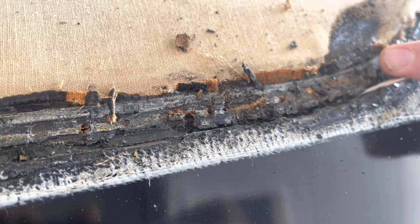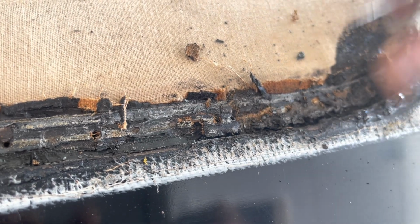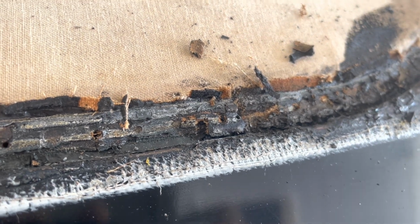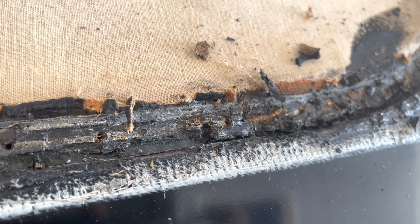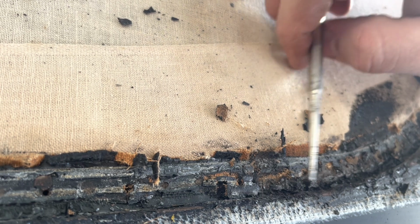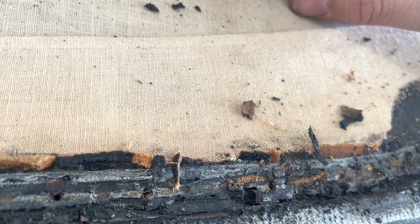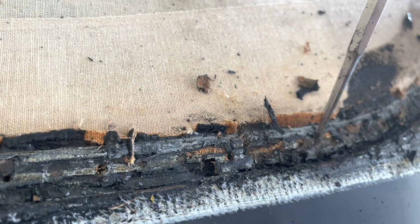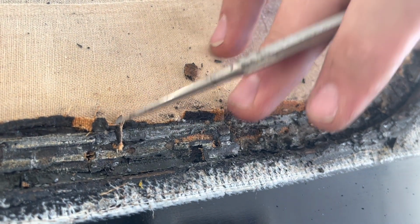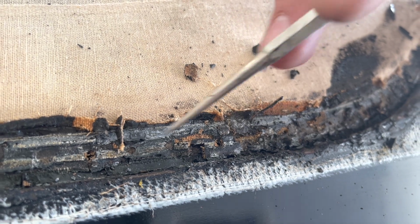Now, I'm sure upholstery, auto upholstery professionals, they're probably laughing because there's probably a tool for all this crap, right? You can see what they did. After they stay tacked, you know, the, I wonder. Anyway, after they stay tacked this part here, they just, you know, this muslin and cotton crap, they just poured